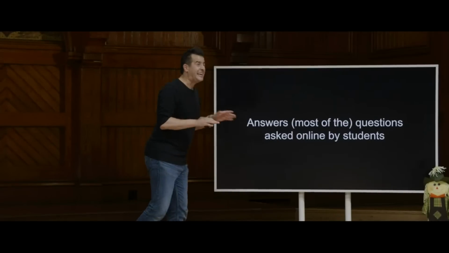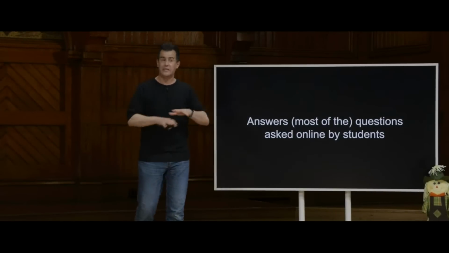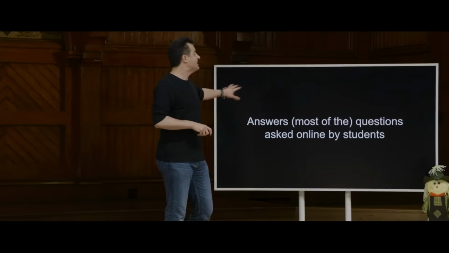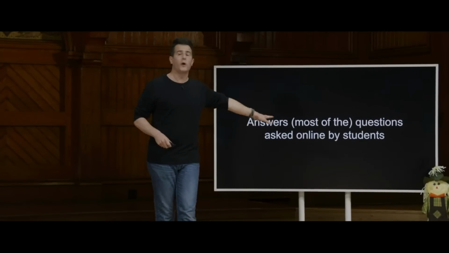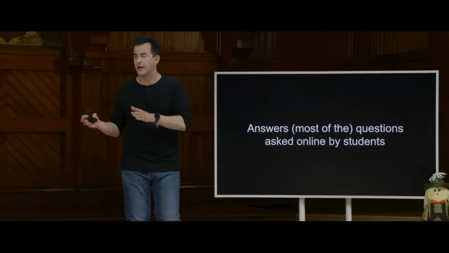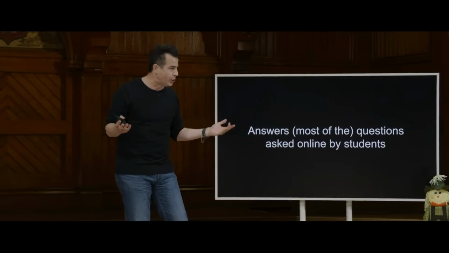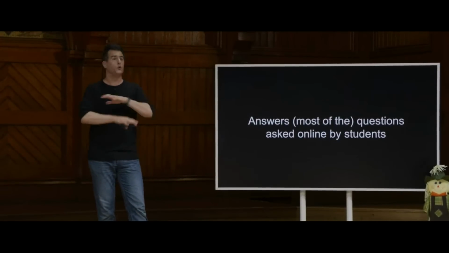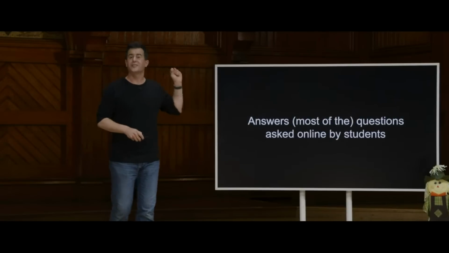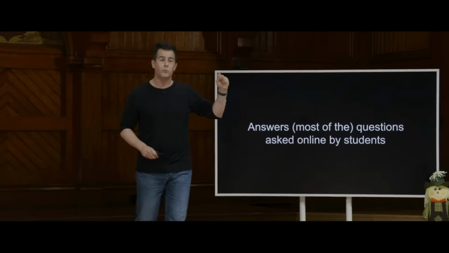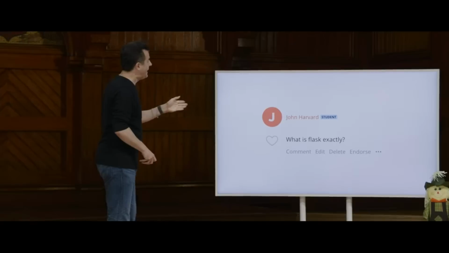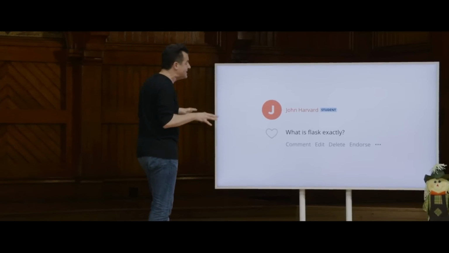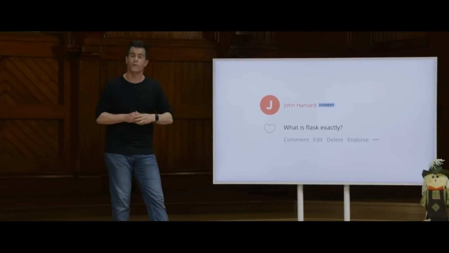More compellingly and more generalizable beyond CS50 and beyond computer science is AI's ability to answer most of the questions that students might now ask online. And we've been doing asynchronous Q&A for years via various mobile or web applications and the like. But to date, it has been humans, myself included, responding to all of those questions. Now the duck has an opportunity to chime in, generally within 3 seconds, because we've integrated it into an online Q&A tool that students in CS50 and elsewhere across Harvard have long used.